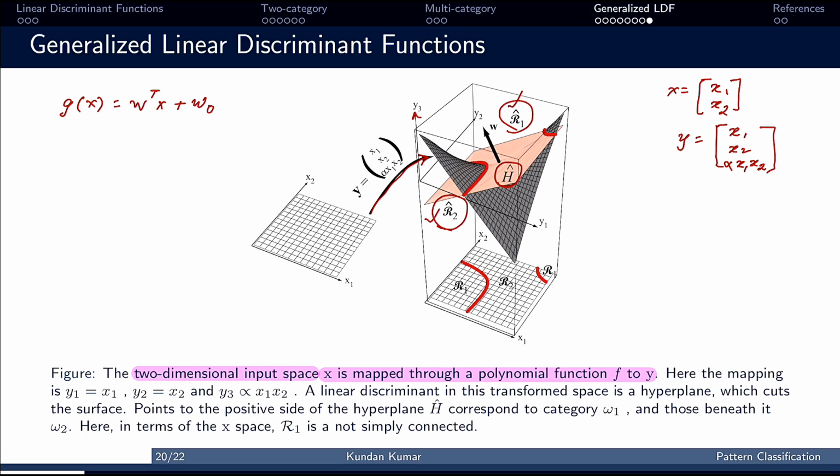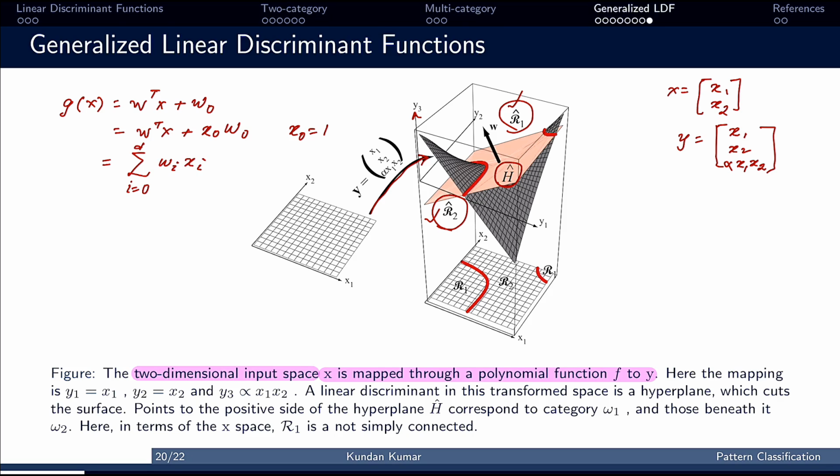Okay. So, if we write w transpose x plus w0 x0, where x0 equal to 1, then we can write it as a summation where i equals 0 to d of wi xi,